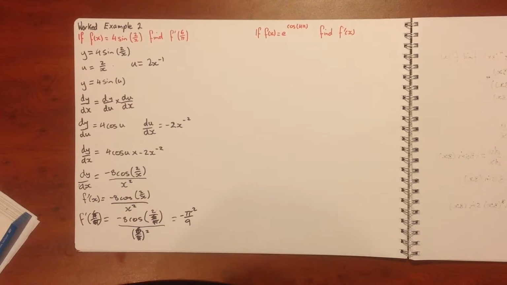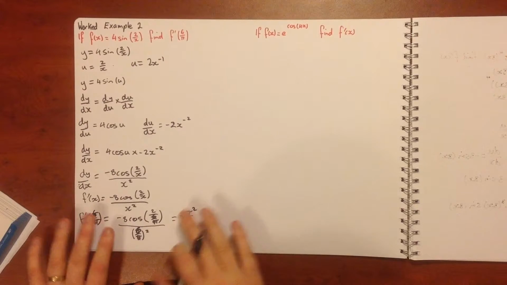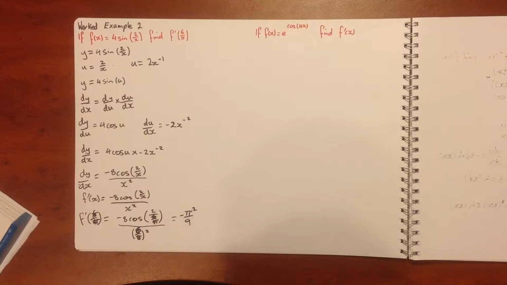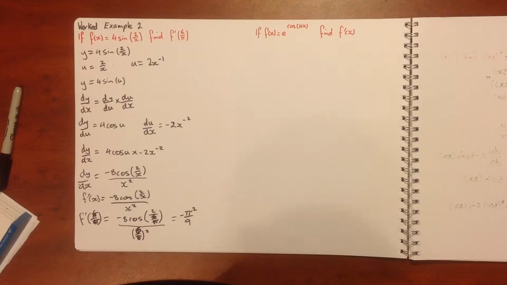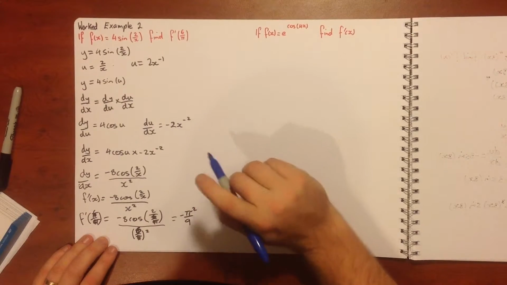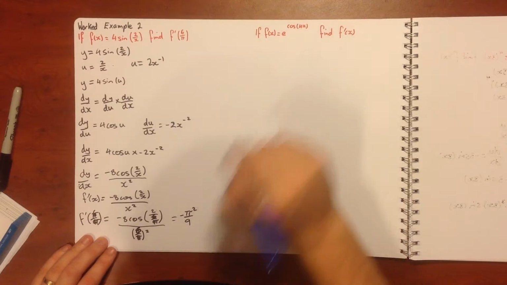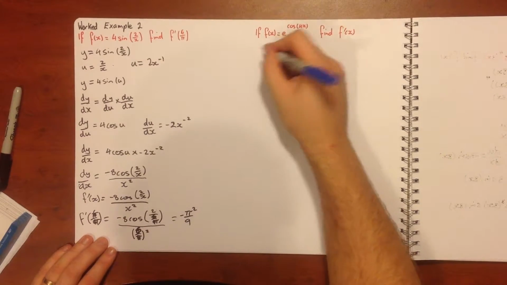I just skipped a few steps there in the textbook, purely because we're running out of a little bit of room. This time we'll have a look at this one. We just want to find the derivative. So this time we're going to set it up our other way, and we're going to say,